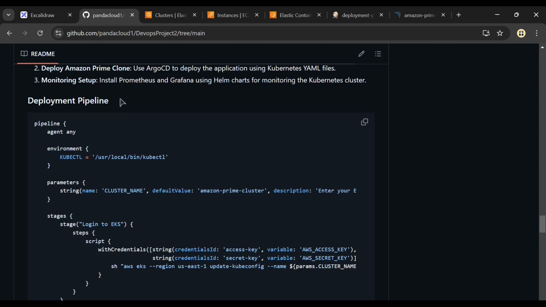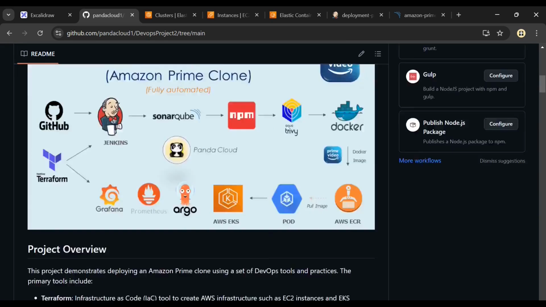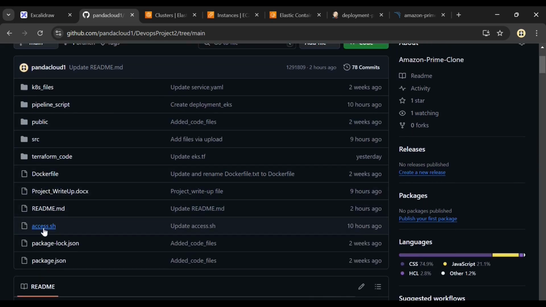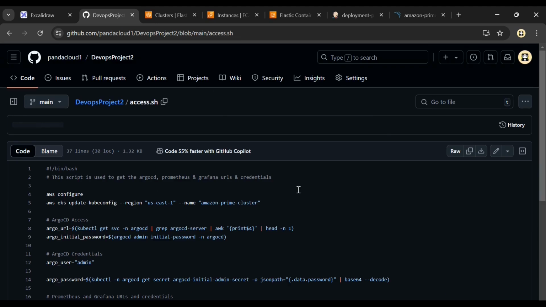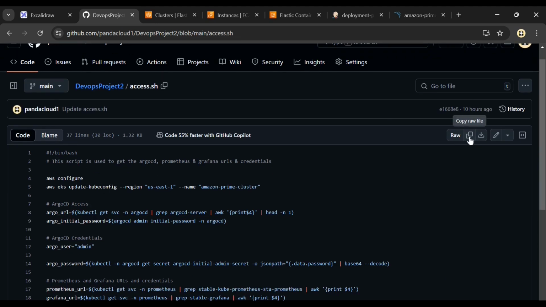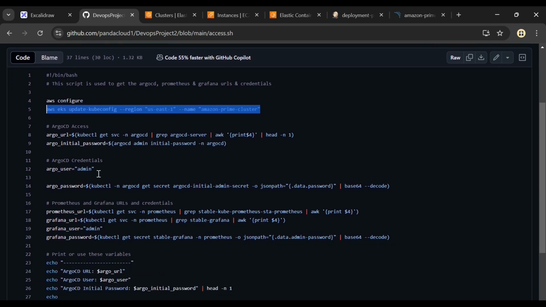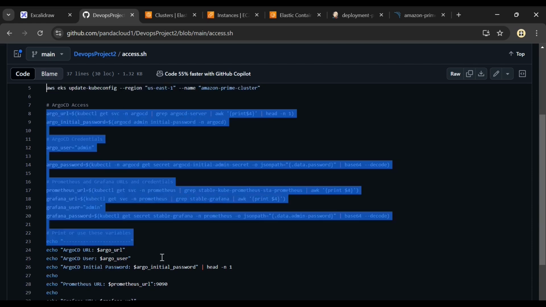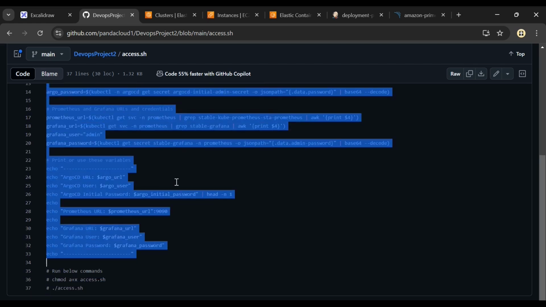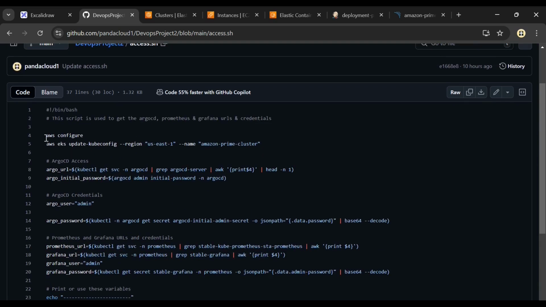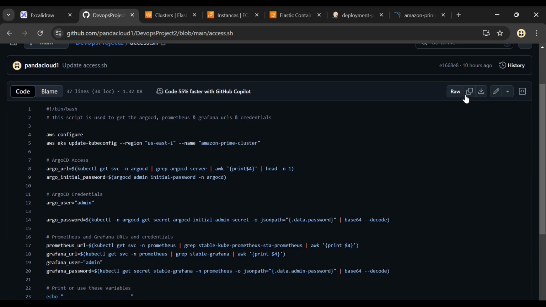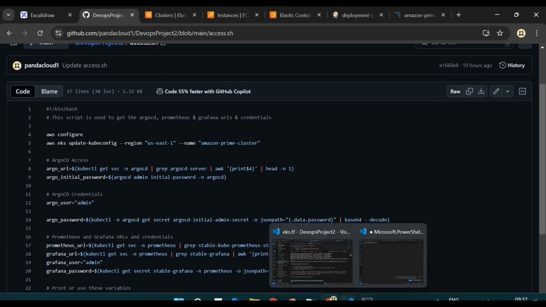In order to get the URLs, go to my GitHub repo, and here you will find a script called access.sh. Just copy this script. This is a simple script. It will do the AWS configure in your Jenkins server, go to your Amazon Prime cluster, log into your EKS, and run some shell script commands to get the username and password. It will take 1 or 2 minutes for these services to get created, so after 1 or 2 minutes, just copy this